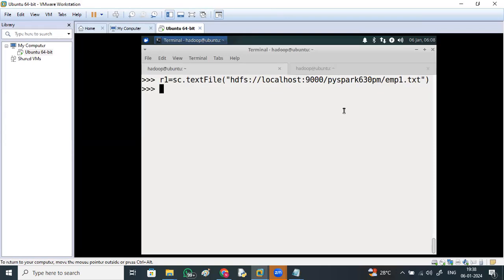Check it. How many partitions you got here? R1.getNumPartitions. How many? 1. But I want to increase the number of partitions. To increase the number of partitions, then